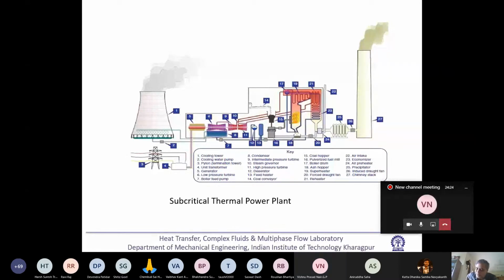Just give me one minute. See, raw air, when we are taking from atmosphere, it is having 25 degree, 30 degree, 35 degree temperature. So obviously 30 degree air, if it mixes with coal, our combustion will not be very efficient. So if there is an air preheater, it will do many things. First thing, air temperature is high, combustion will be good.